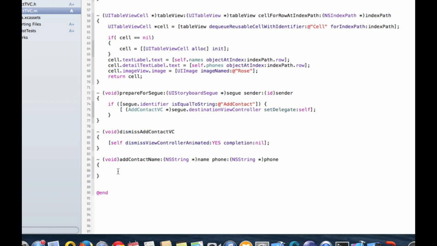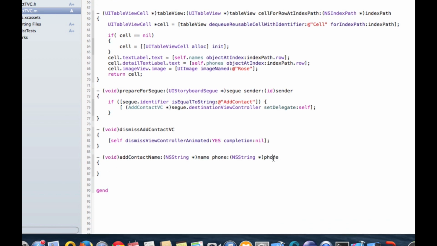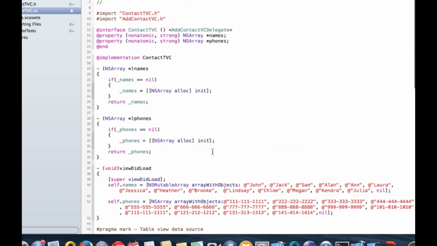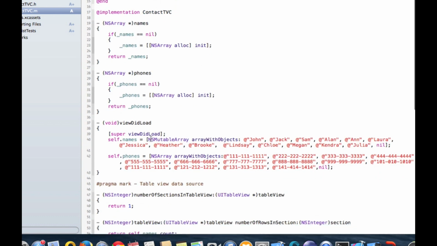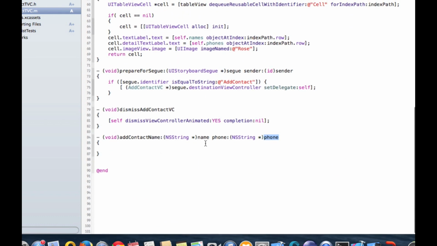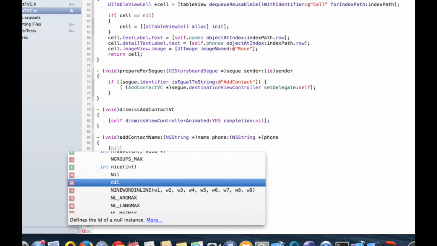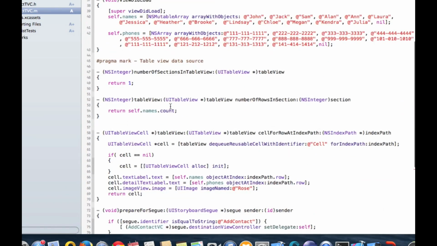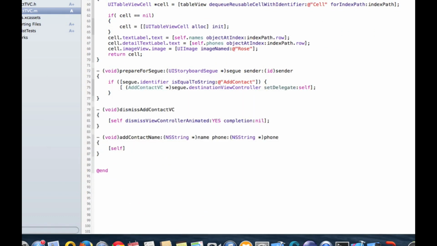What do we want to do for adding a contact? We want to add the name, which is here, and also the phone inside of the array. If you remember, we had an array for names and an array for phones. So we want to add these items inside of these arrays, and it's so simple. I would say self.names, and we want to add